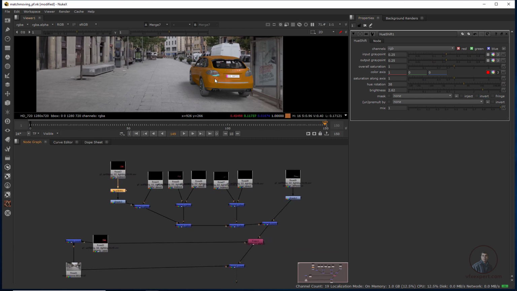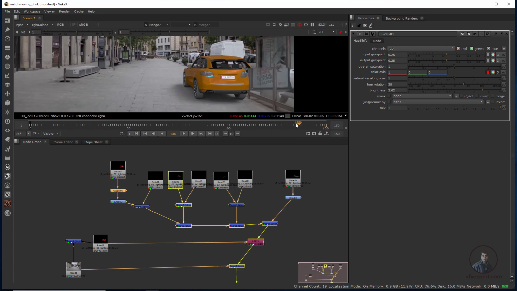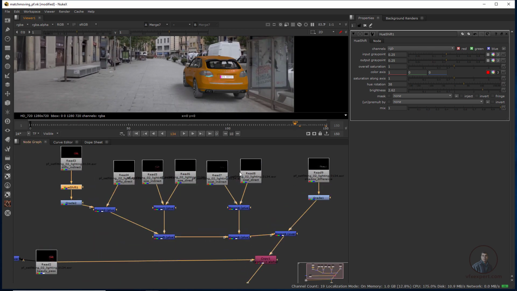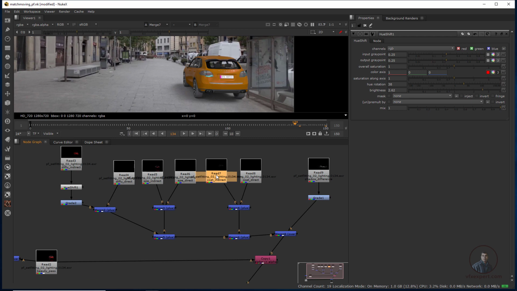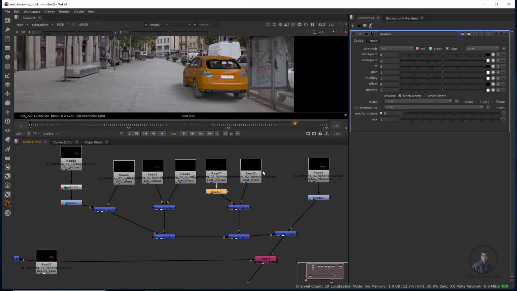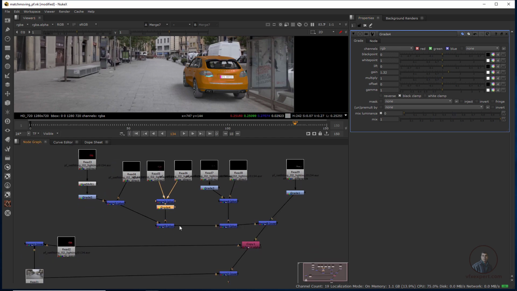Now just come here. Now see, you have successfully adjusted our color. Later, if you want to adjust your coat a little bit, then simply select it and press G for a grade node, and you can adjust your gain. Okay, so different elements you can adjust here. If you want to adjust your specular a little bit, then simply select it and press G. After this, again adjust your gain node. So you can manage all these things with the help of these different passes. So for enhancement you can add any required node for enhancing our final scene.